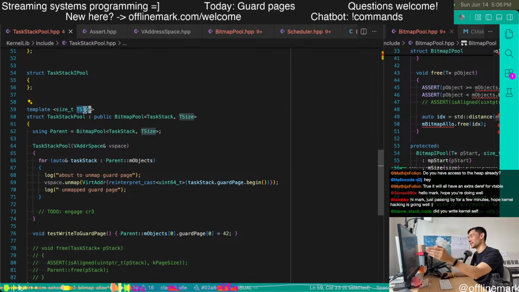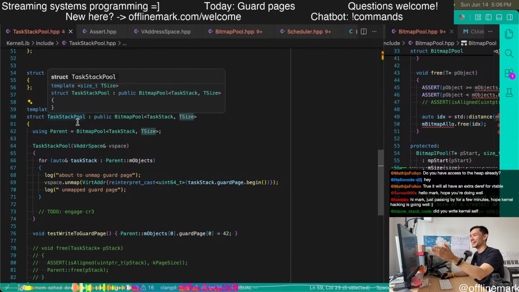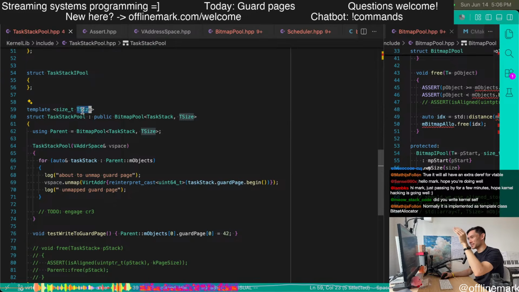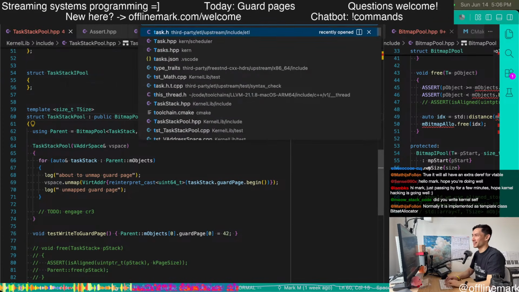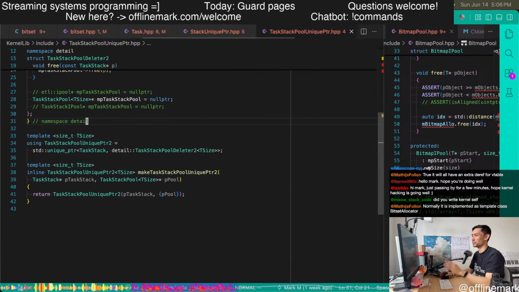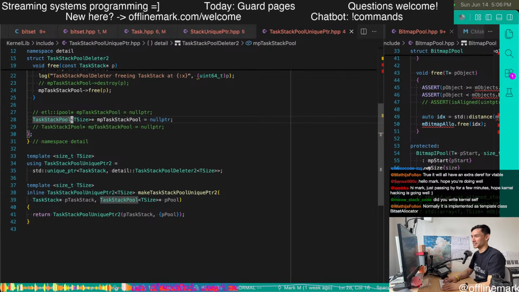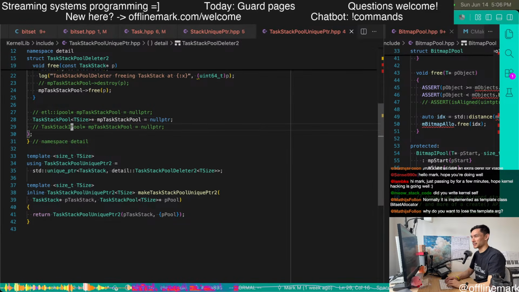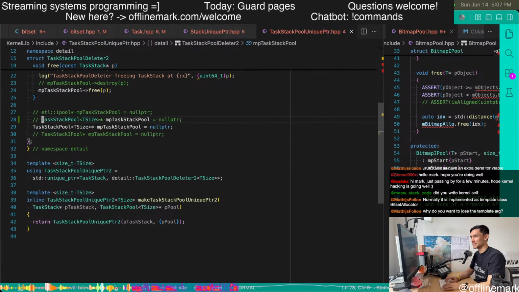And this is the whole point of what Matias was trying to say: if we don't have the size template parameter here, we can finally go to the task stack unique pool pointer, whatever, and it's not even a separate type.